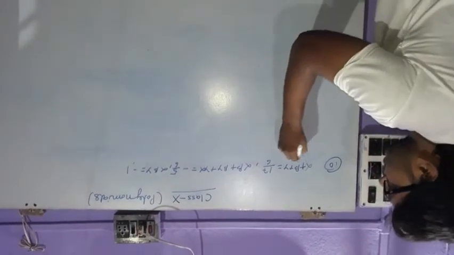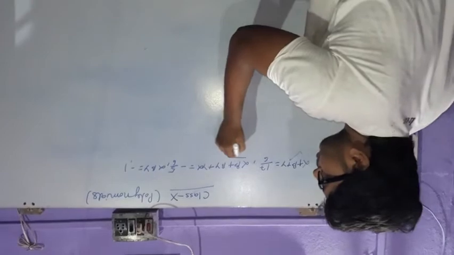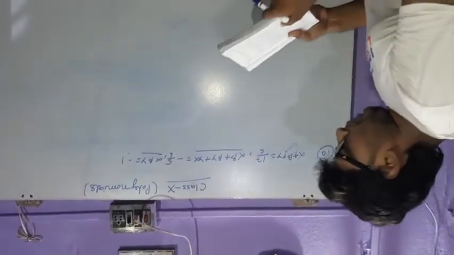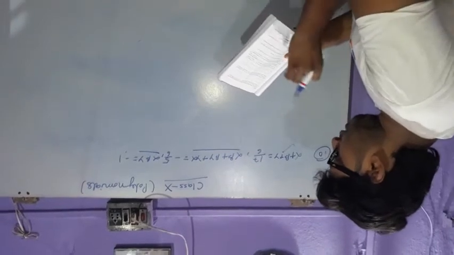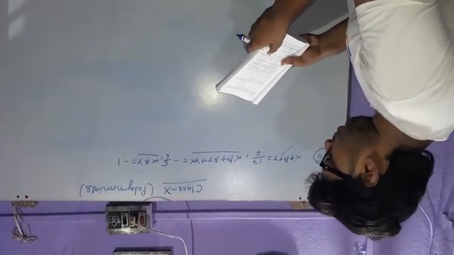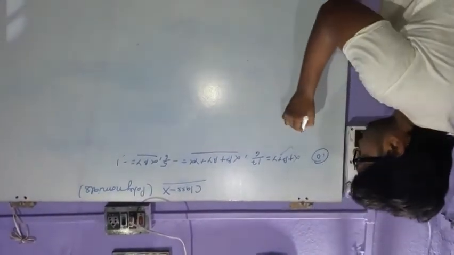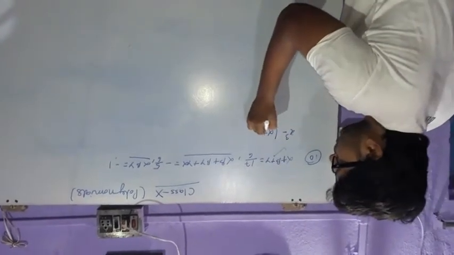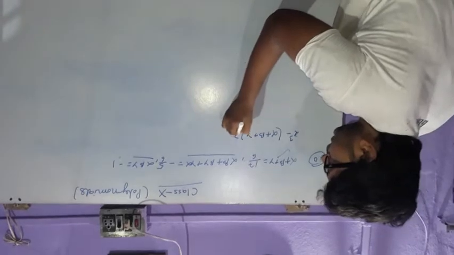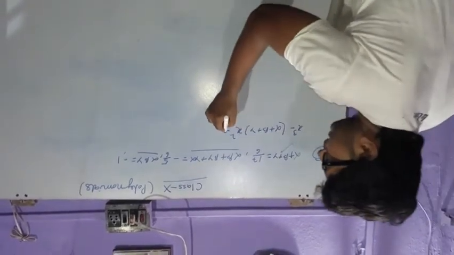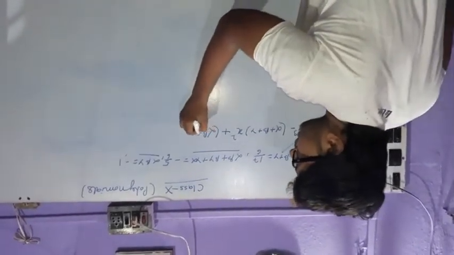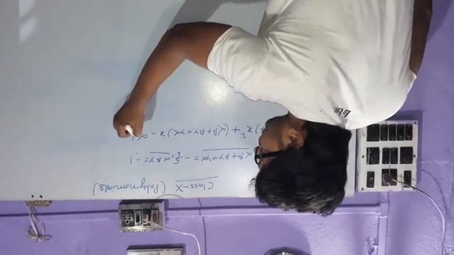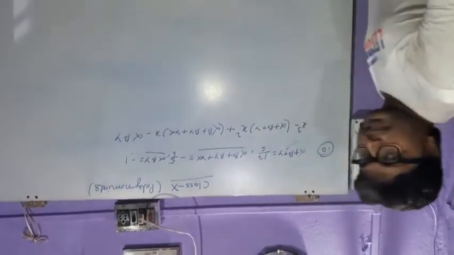So here are the values given: alpha plus beta plus gamma, alpha beta plus beta gamma plus alpha gamma, and alpha beta gamma equal to minus 1. We have studied this in question number 9. So how can we find the cubic polynomial? The equation will be x cube, as I have already told the formula, minus alpha plus beta plus gamma x square, plus alpha beta plus beta gamma plus alpha gamma x, and again minus alpha beta gamma.